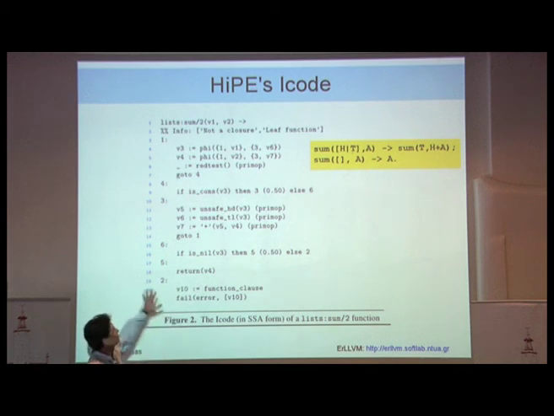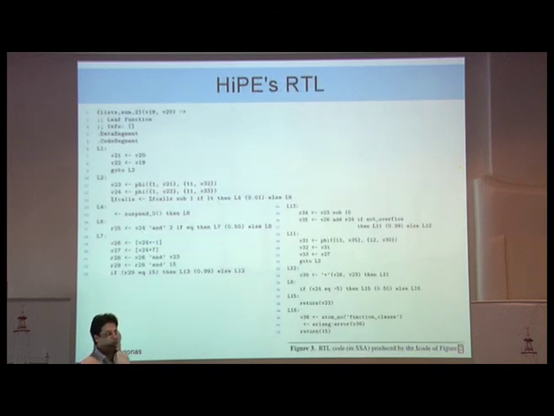So if you just spend, I think, half a minute on this slide, you will really understand how the I-code looks like if you do some pattern matching with what's happening on the Erlang level. So I-code is actually relatively high level. One can follow it. But then the HiPE compiler goes and translates this to a lower level language. It goes and translates it to RTL.